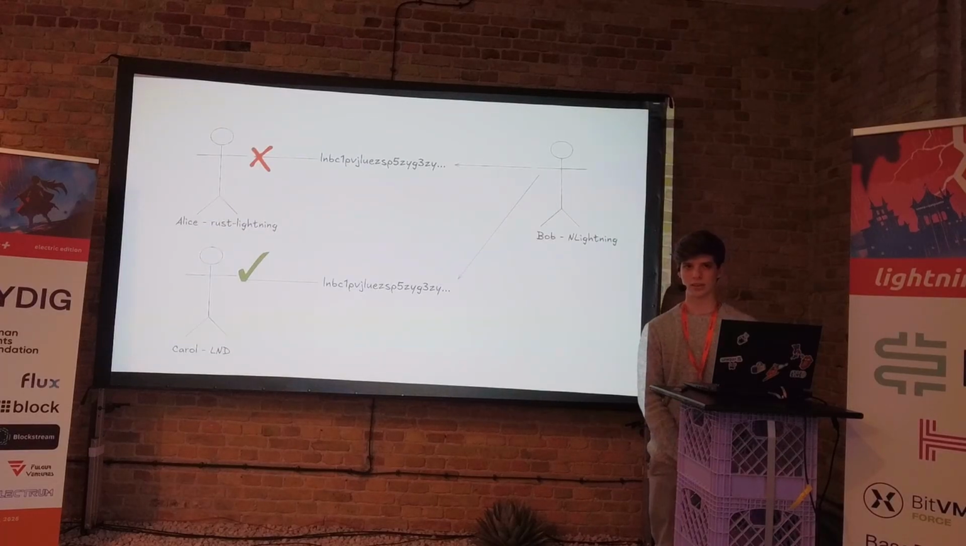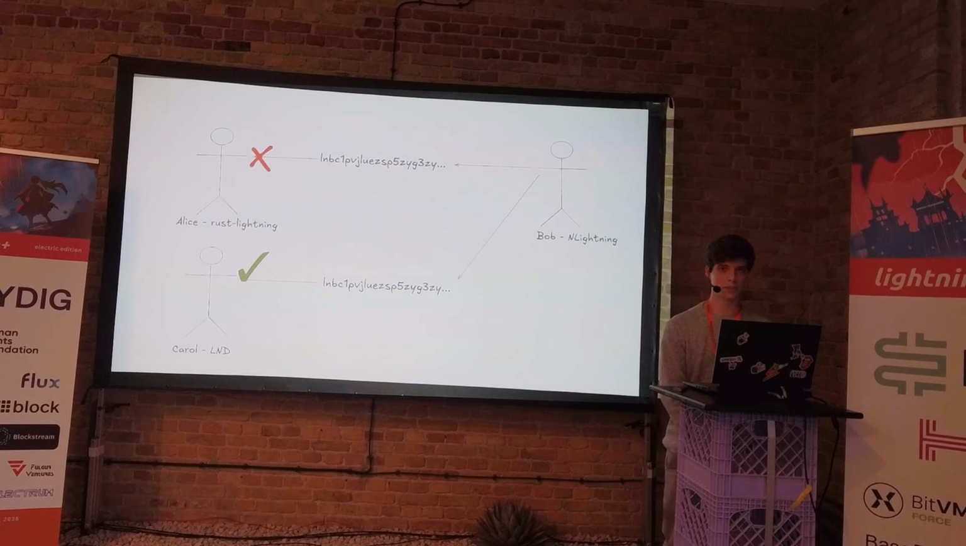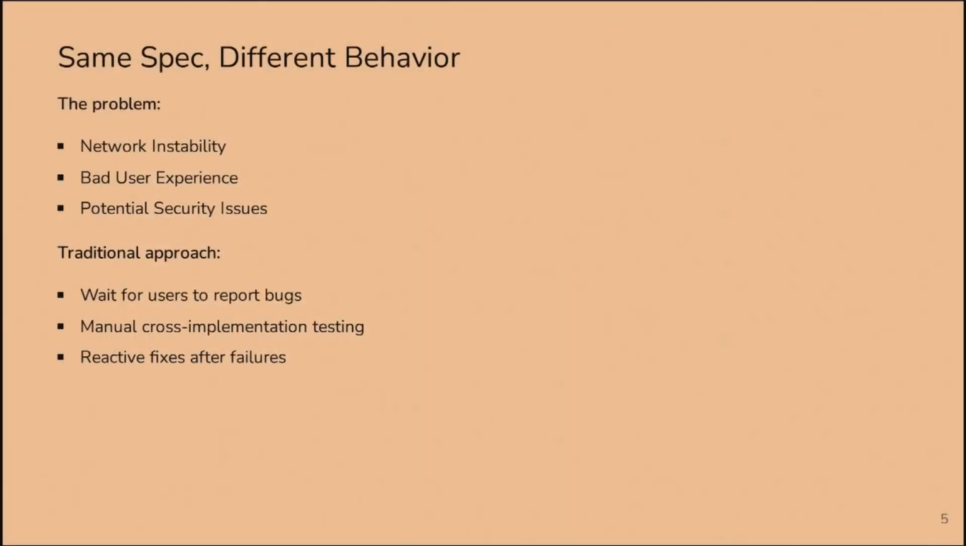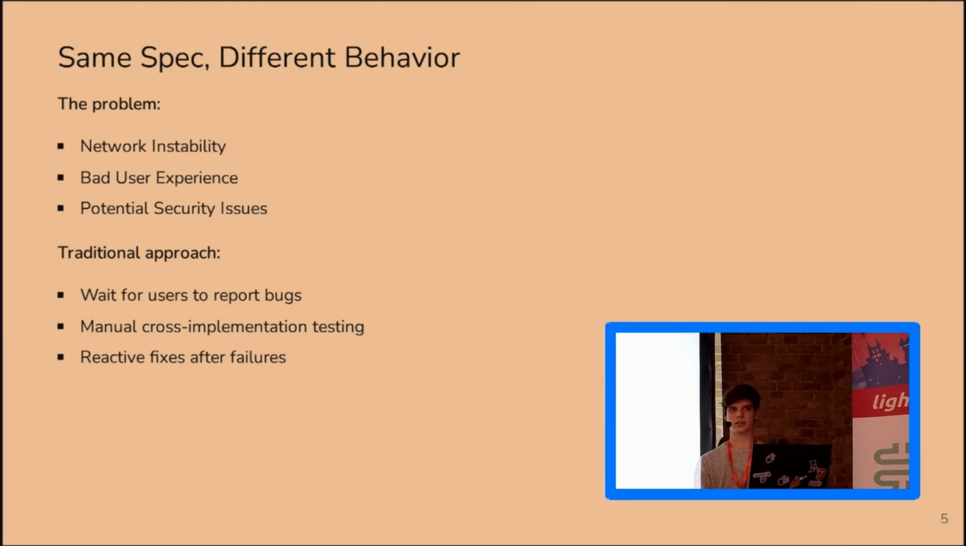And when Carol tries to decode the invoice and pay for it using another library implementation, for example LND, she could. So why can this happen today in Lightning? We currently have different Lightning implementations, so it can cause a bad user experience if some Lightning implementation can decode an invoice and the others cannot, and they can behave differently even when trying to follow the same spec, which